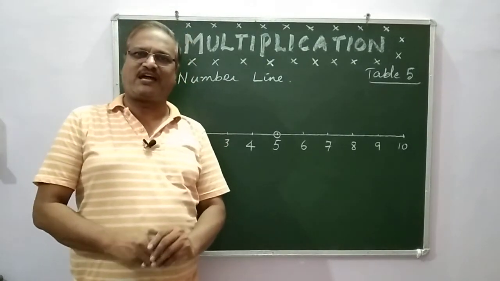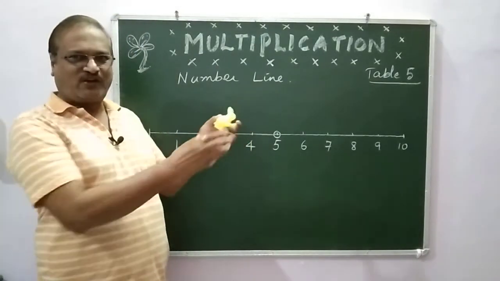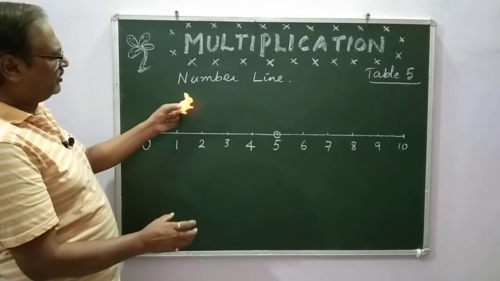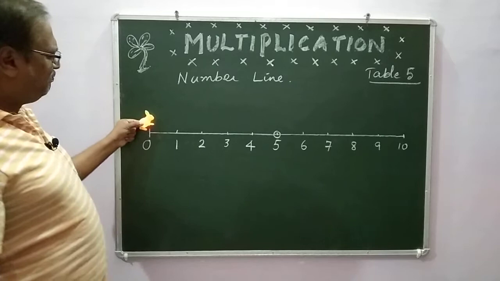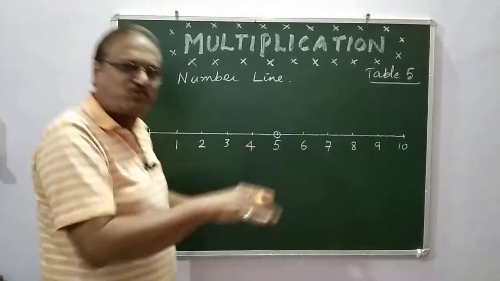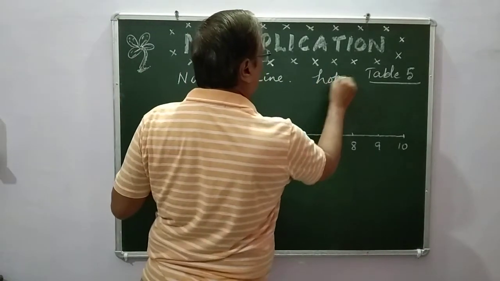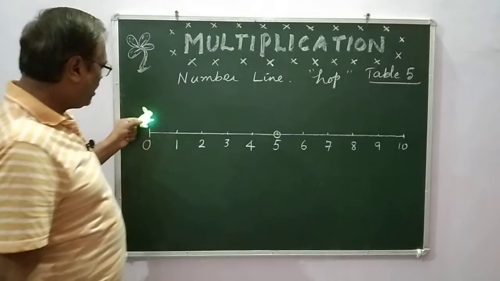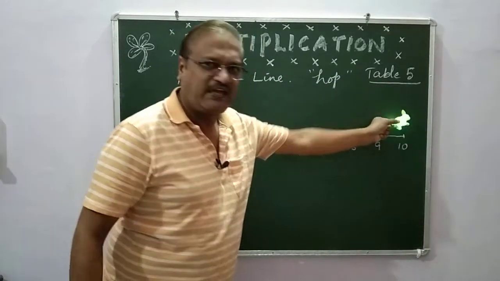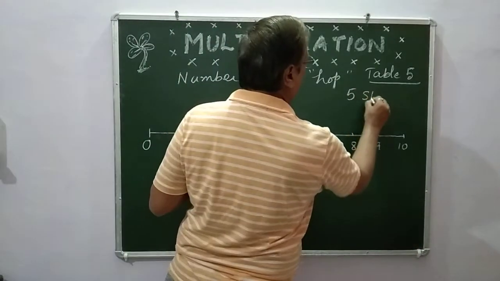Always I want something to explain it to you. Yes, today Agra and I got a small bunny. Let me give a name to it. Yes, beautiful. This bunny can hop. What will the bunny do? It will jump, jump, jump, hop. How is it going to hop? It will hop 5 steps, jump like this, and then jump like this. Every time it jumps, it will jump 5 steps.